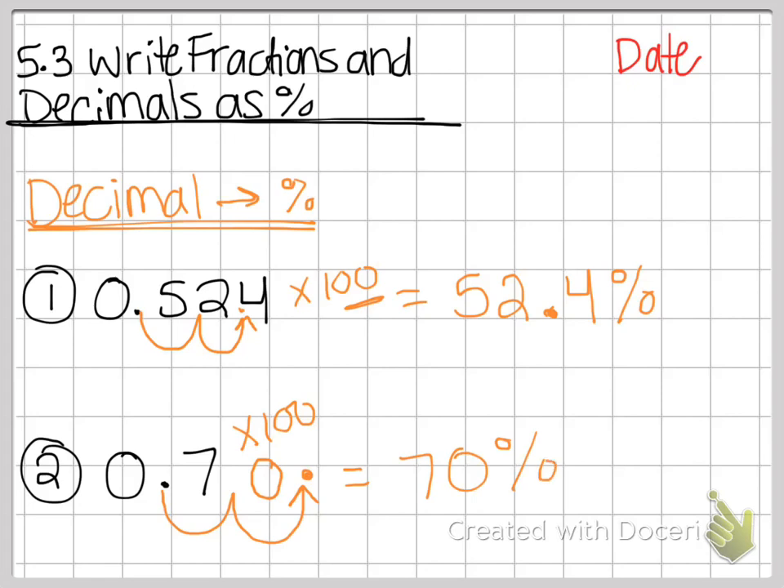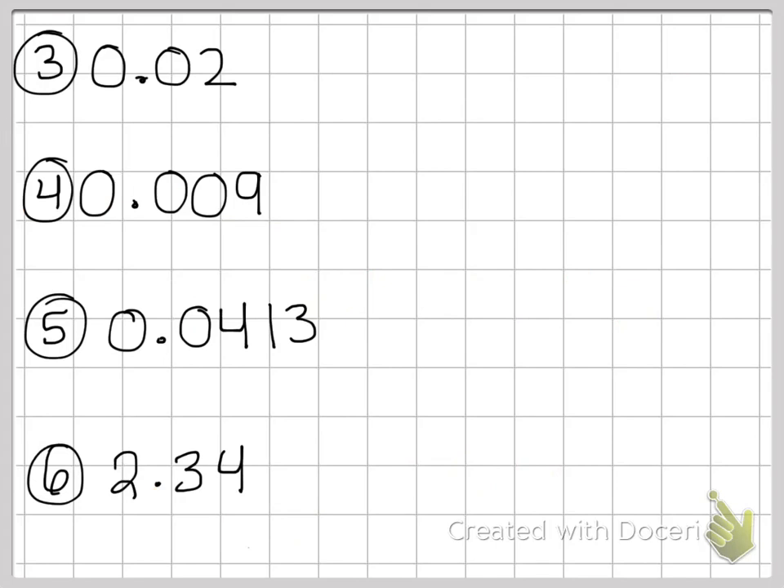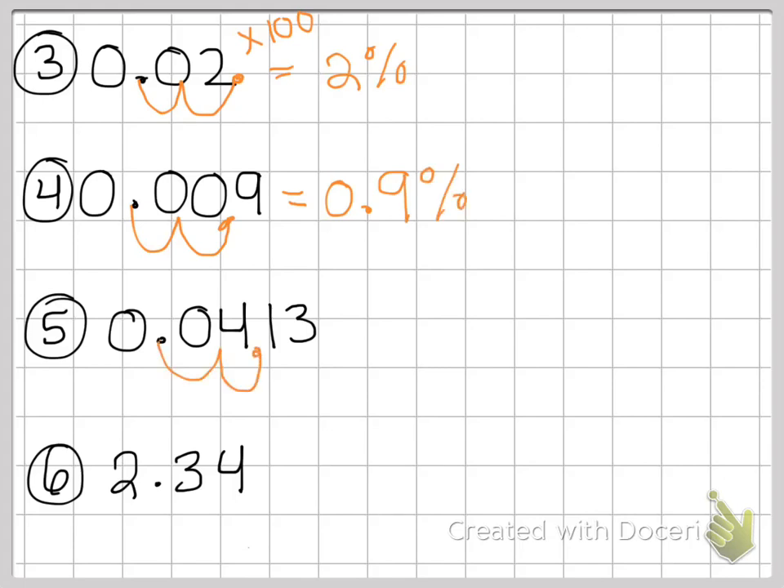I have a few more examples. Again, we're going to be multiplying each one of these by 100. So move the decimal twice to the right. 1, 2, and place it. That becomes 2%. 1, 2, place it. Ooh, that was sloppy. That becomes 0.9% or 9/10%. 1, 2, 4.13%, and 1, 2, that equals